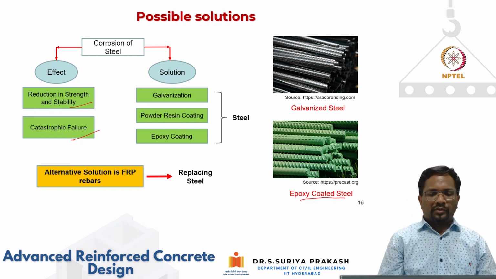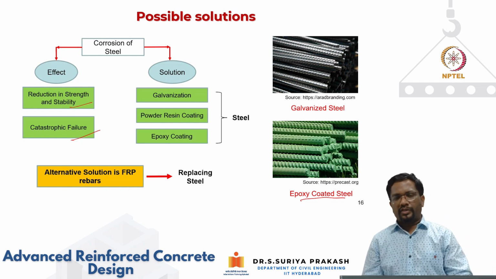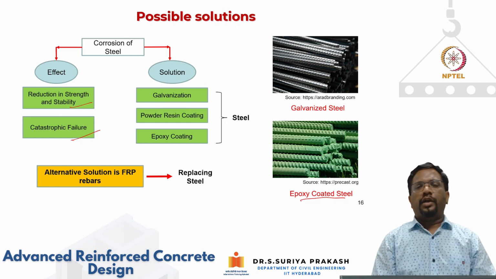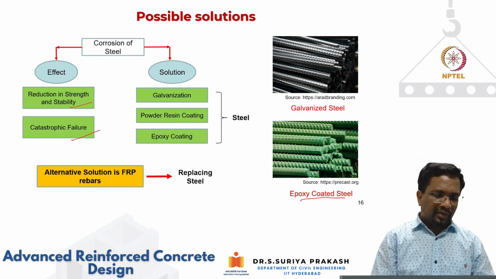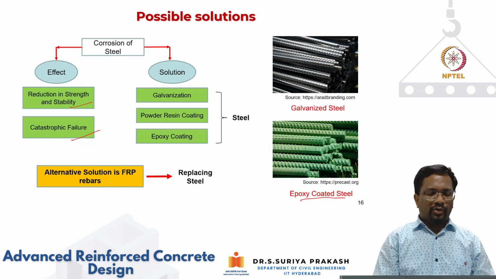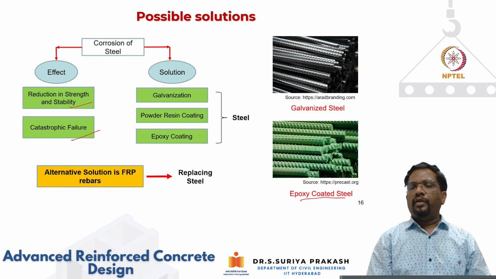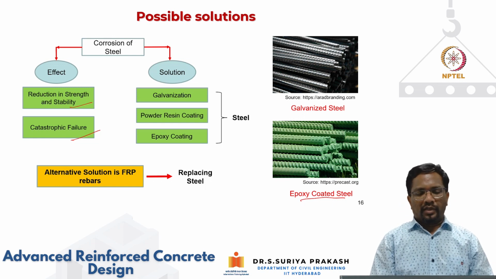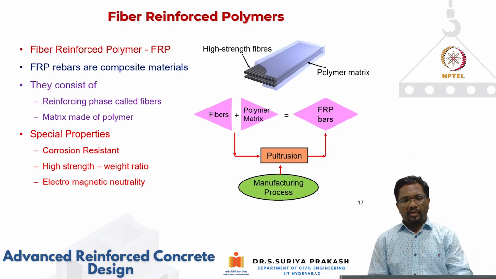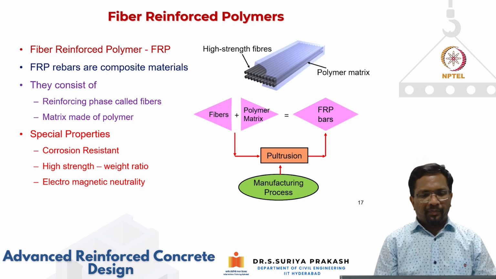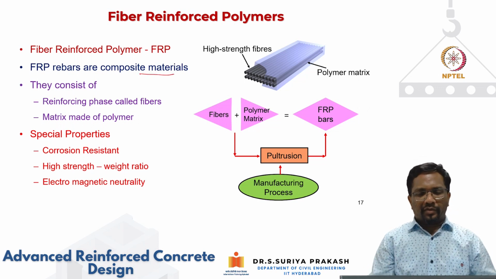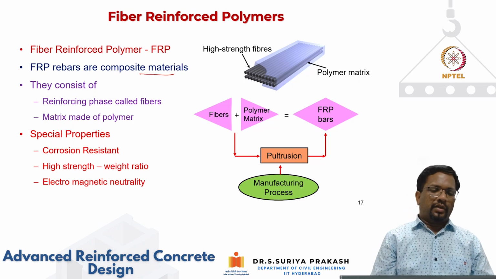So one thing is, what are the alternatives that are available for steel as a reinforcement? One is, nowadays for some applications, these fiber reinforced polymer based rebars are explored and being used, especially in European countries and in North America, for various applications as an internal reinforcement. Now, what is this fiber reinforced polymer? FRP stands for fiber reinforced polymer. They are basically a composite material, just like the concrete. We make it with different materials to form a solid